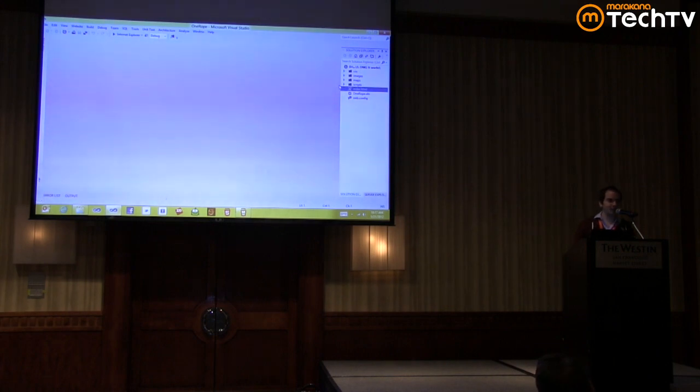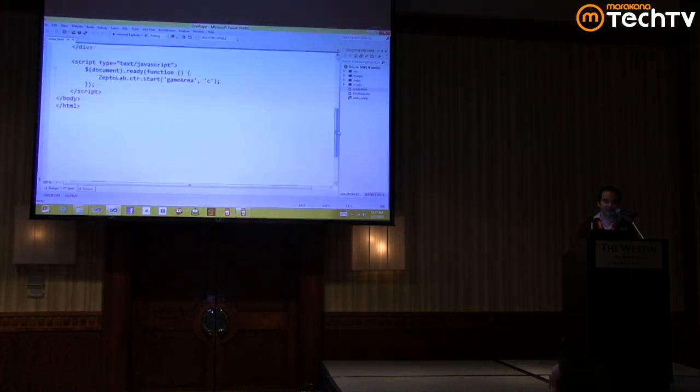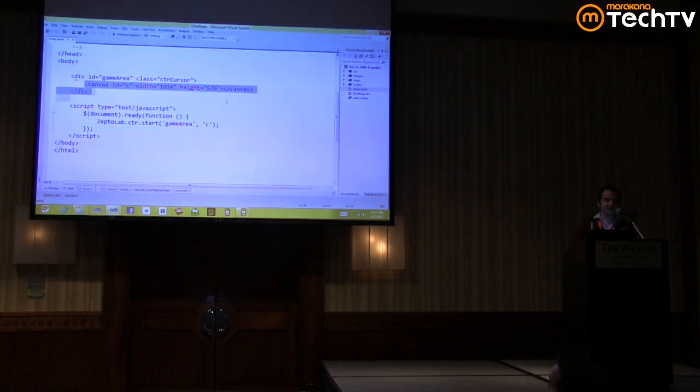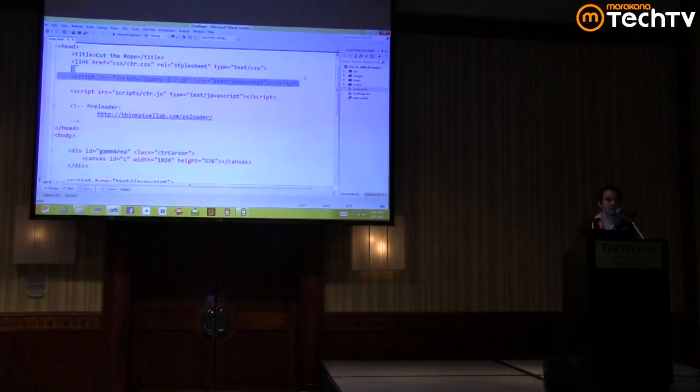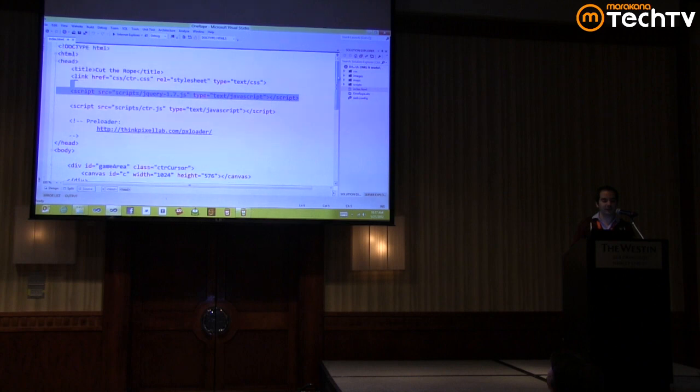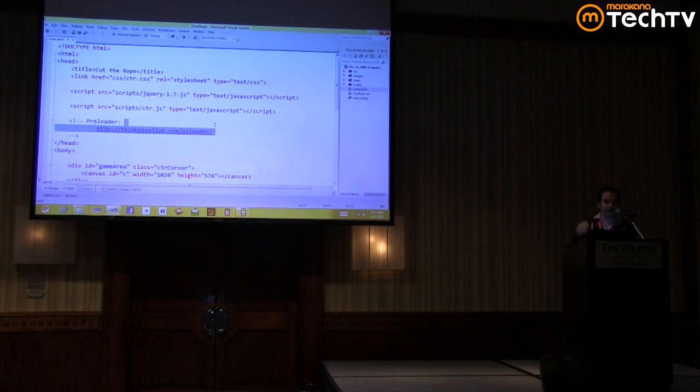Let's have a look at the code behind that page. The body is only a canvas. We're using only a canvas element to draw all of the game. Then we call all of the code to start up the game experience. I also wanted to note that we're using jQuery. There are things in the application that are not canvas only, and it was silly to rewrite some of the code, so we decided to go for jQuery. Lastly, with the help of Pixel Labs, we created a preloader to load all of the images and sounds. This is made open source, and you can use it if you're doing any game.